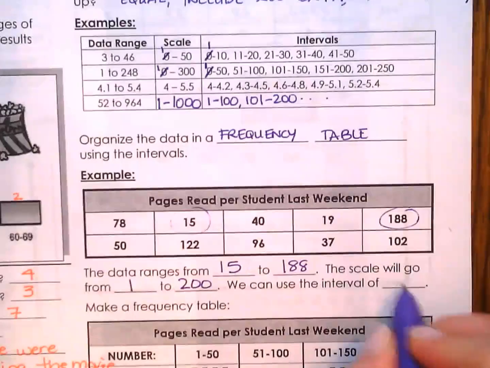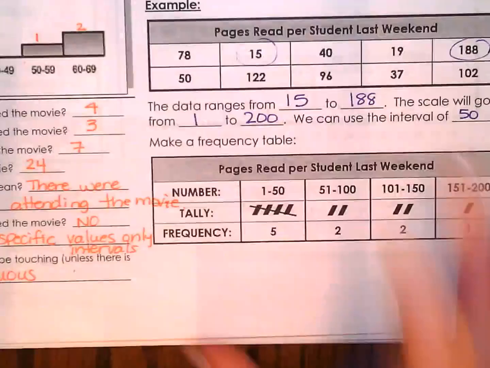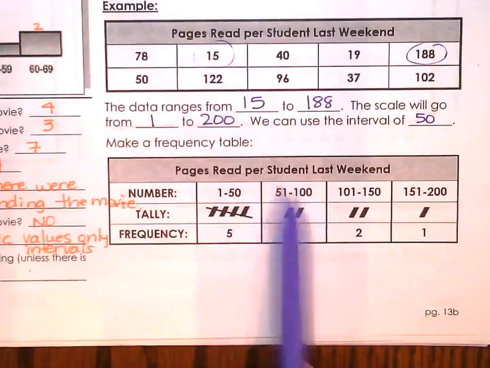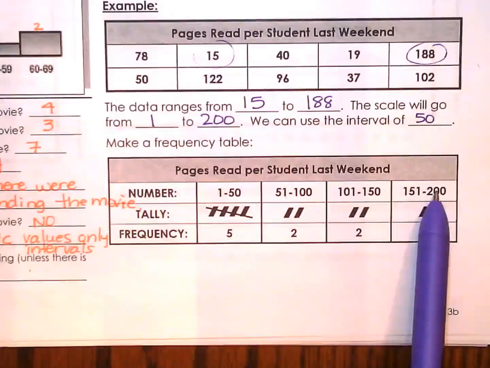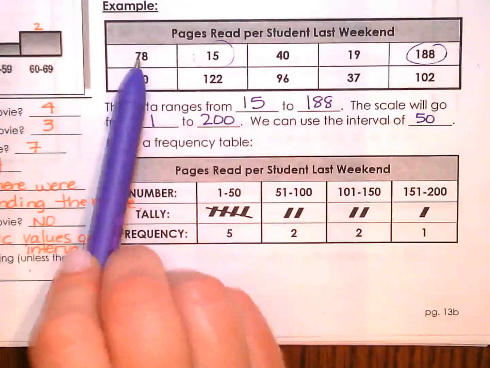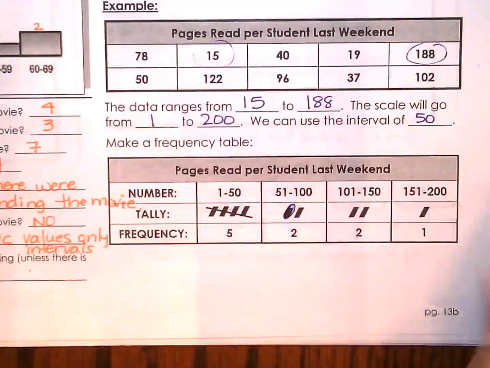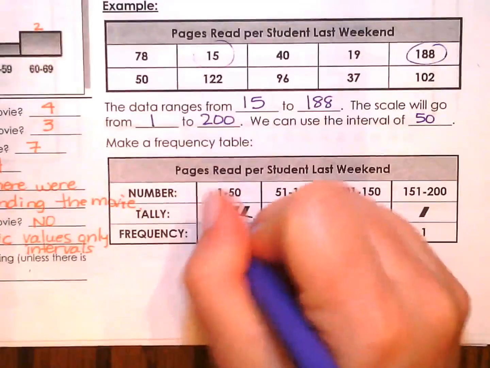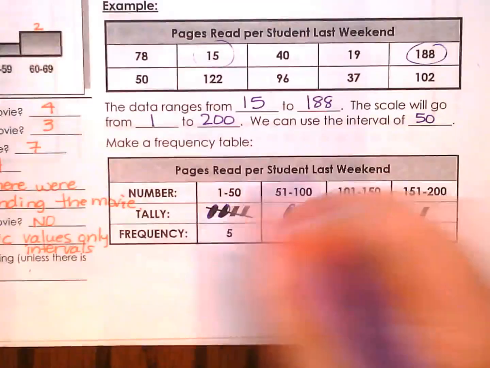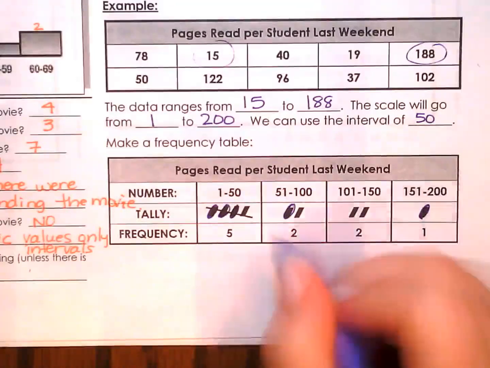So we can use the interval. I would go with 50 here. Let's count by 50s. So if you notice when we do the frequency table, 1 through 50 is going to be in the first, and 51 to 100 will be in the second, etc. And all we did to get these little tally marks was we took the data. So 78 fell in this range, so that's this guy right here. And 15 was in here, and 40 was in here, and 19 was also in here, 188, 50,